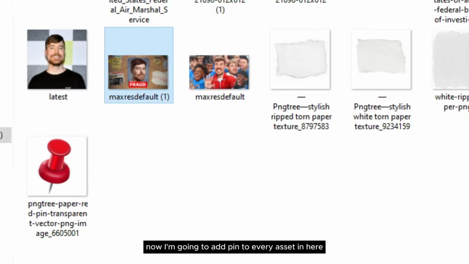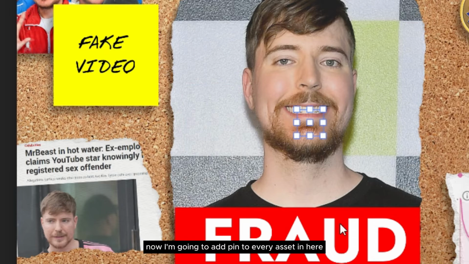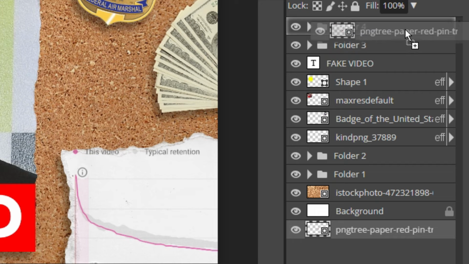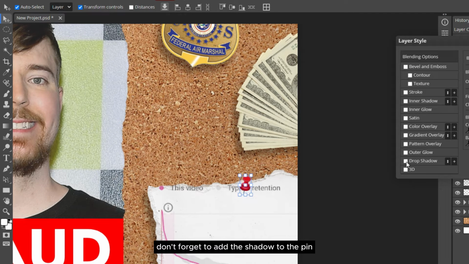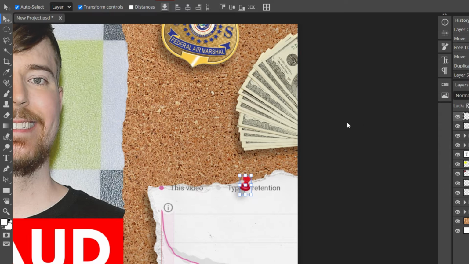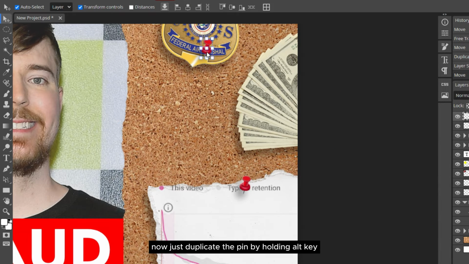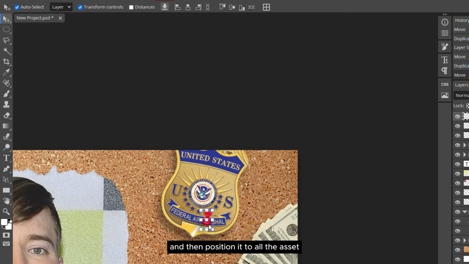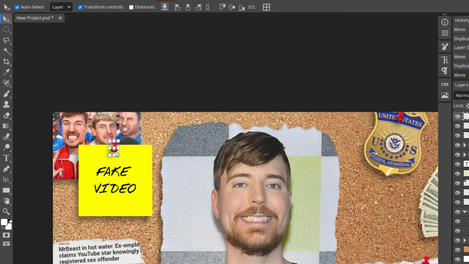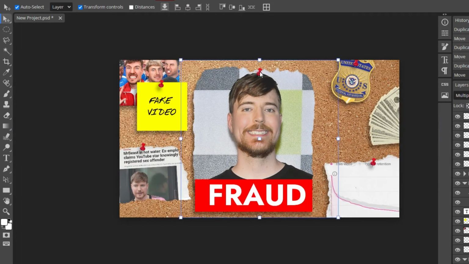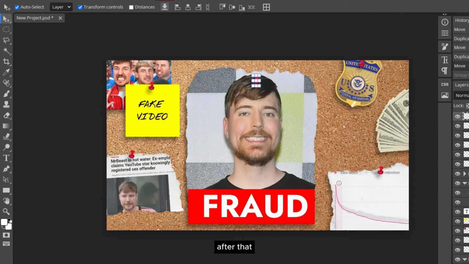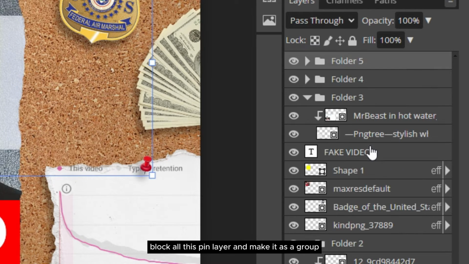Now I'm going to add a pin to every asset in here. Don't forget to add the shadow to the pin. Now just duplicate the pin by holding the Alt key and then position it on all the assets. After that, lock all these pin layers and make them a group.